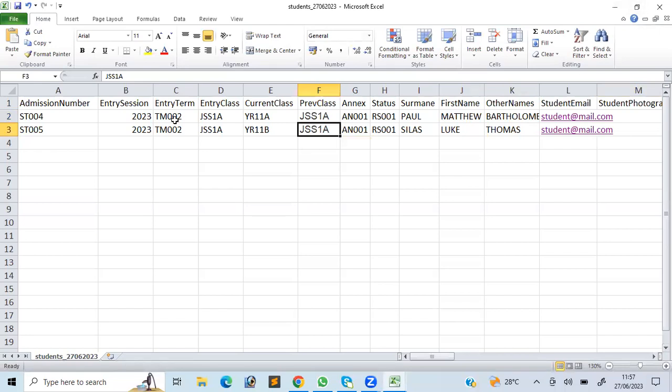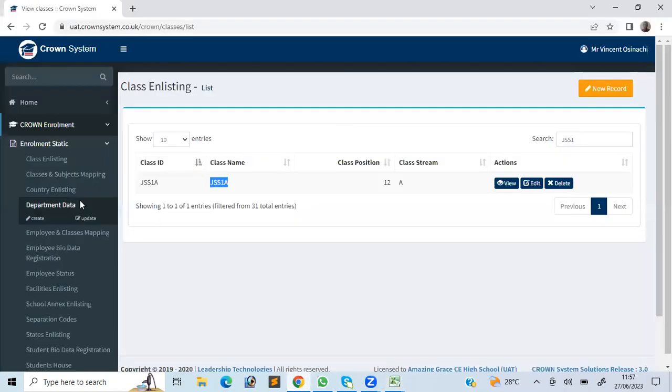So if there's an error in any of the columns, on any of the rows, the system will point it out directly. You go to the row first, you look at the error, and you find out the column where that error occurred. You do the right thing, you upload that, and the system accepts it. So let's go back to the